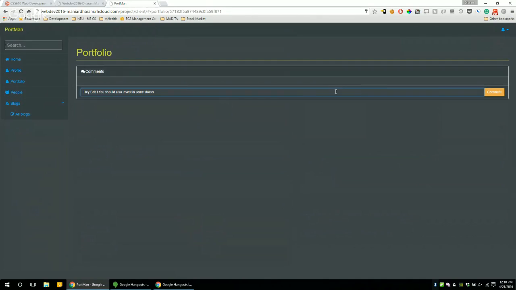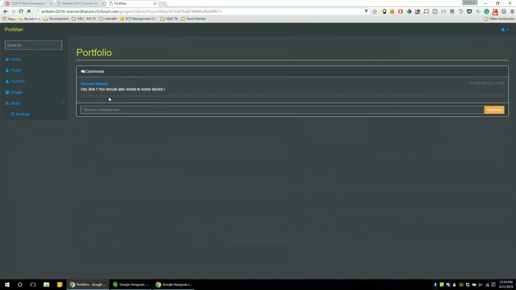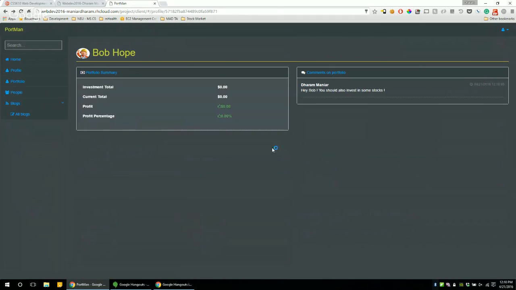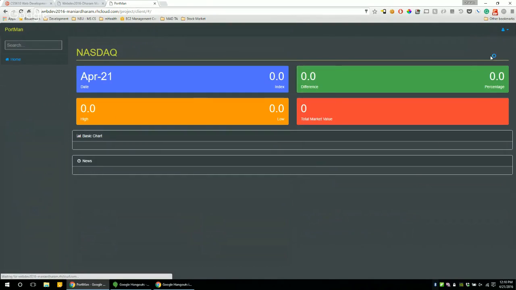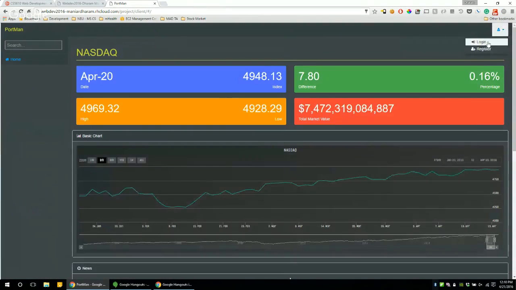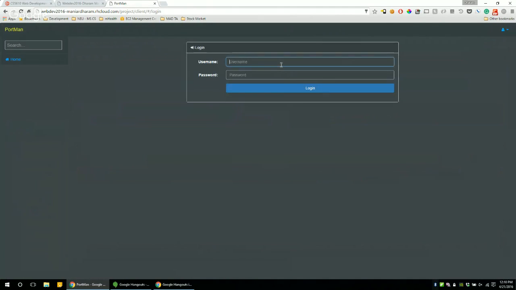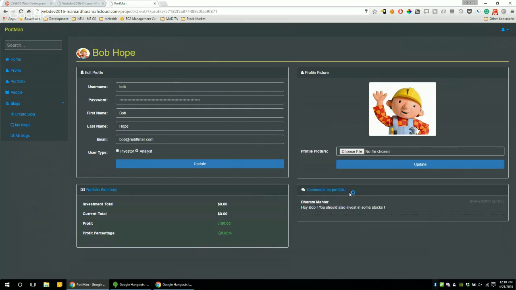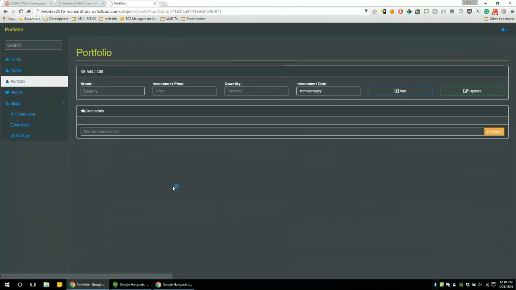So Bob should get this comment from me. Now, if I go back, I can see the comments made by someone else on Bob's portfolio. And once Bob logs in, let's log in Bob again. He will get this comment on portfolio saying that Dharam has commented on his portfolio. And then if he goes to his portfolio,